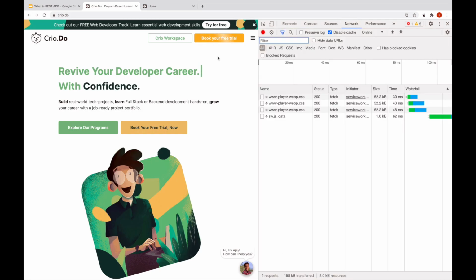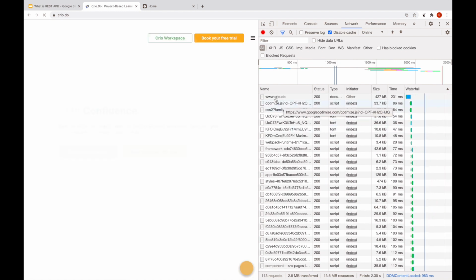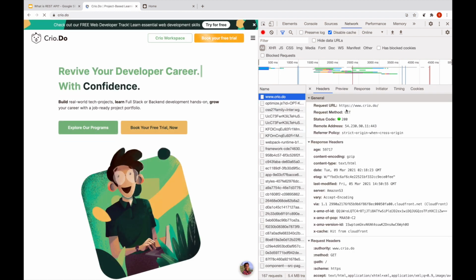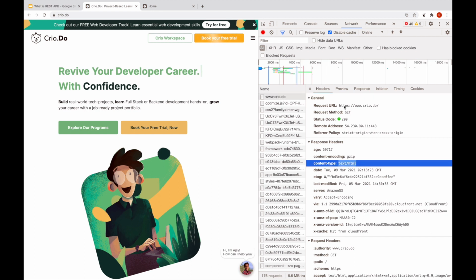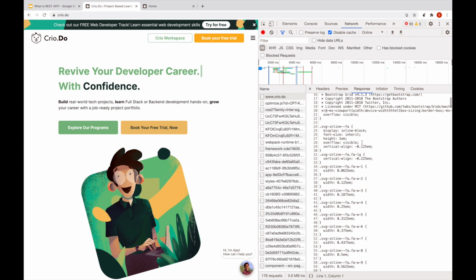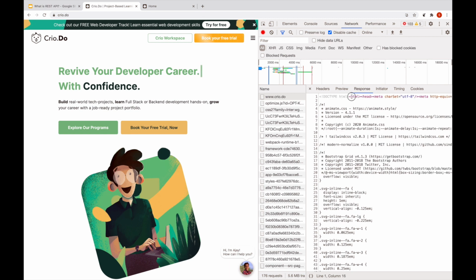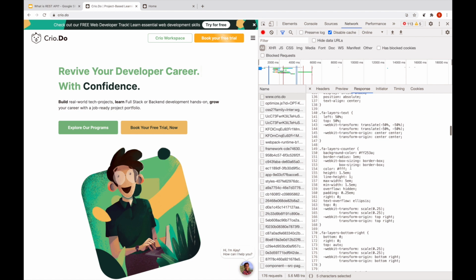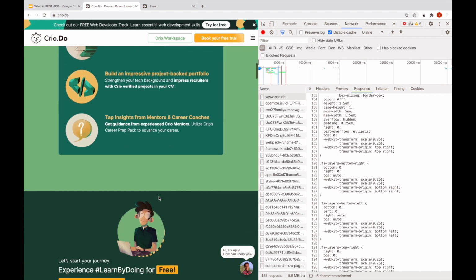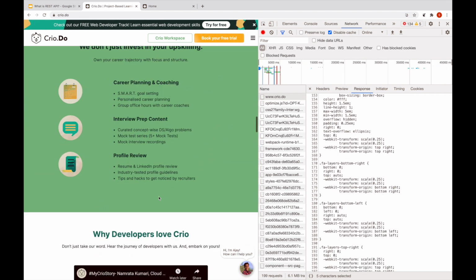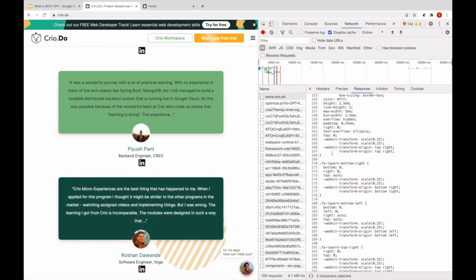And as you progress, you will be able to pick up a much more nuanced understanding of what is REST API. When we actually loaded the Creo homepage, what did we really see? You can see that there is a GET request that was made to this particular URL. We got a 200 status code, and then the content that we got back was HTML. When we look at the response from the server, we were able to see all the data from the server as an HTML response. Now let's go to the testimonial section on the Creo page and search for one of the testimonials.